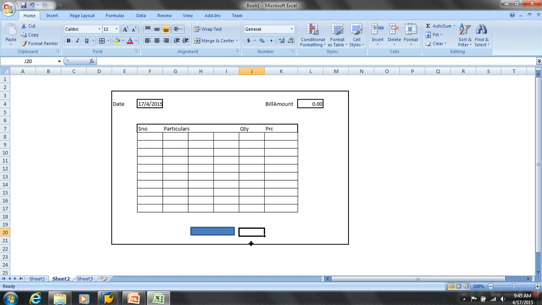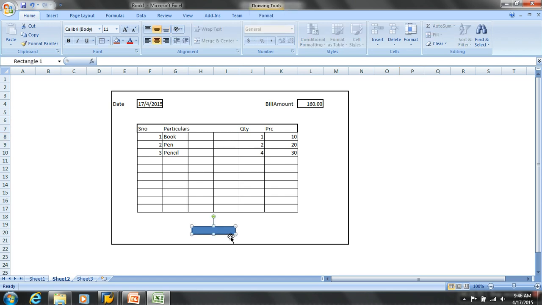Okay, let's say I've not written any code. I wanted a screen something like this, and when she enters all the details like serial number 1, 2, 3, something like book, pen, pencil, and quantity 1, 2, 5, and price 10, 20, 30, the total amount should automatically change to 10, 40, 120, so 160 as the total bill amount. Then she clicks on this save button.